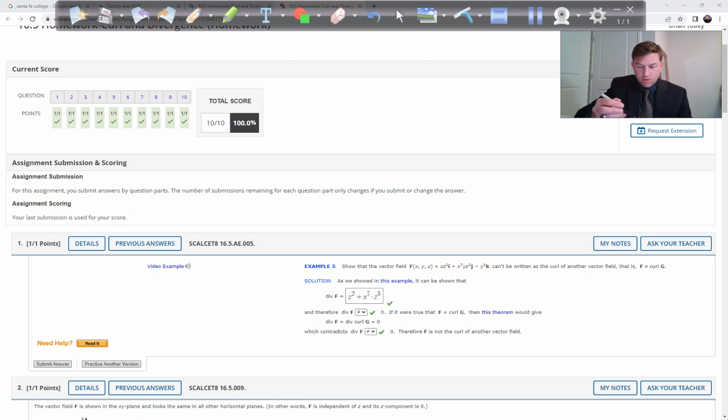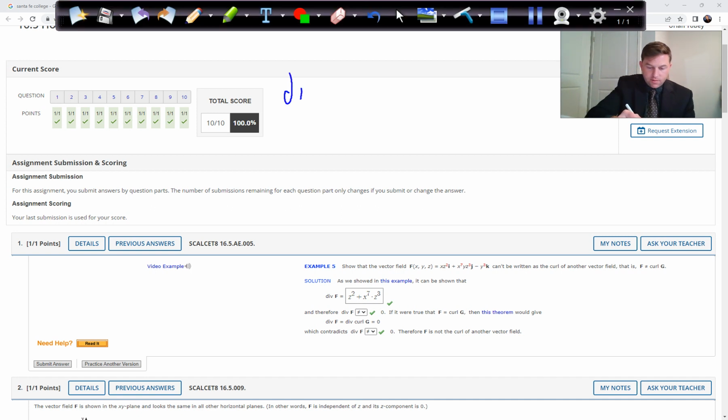So for there to be a vector field that can be written as the curl of G, we would have to get the divergence to be equal to 0. But first we're going to find the divergence of F. So the divergence of F is equal to the gradient vector dotted with the vector field. So what this is going to look like is